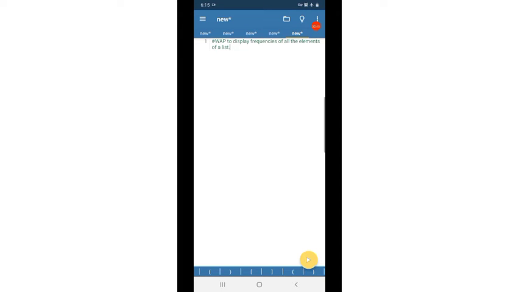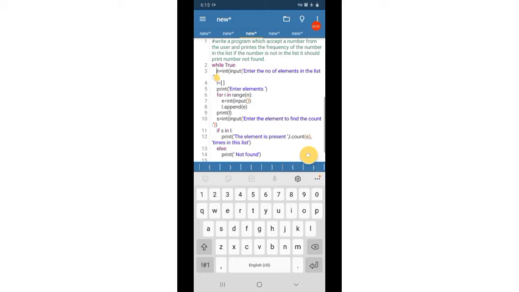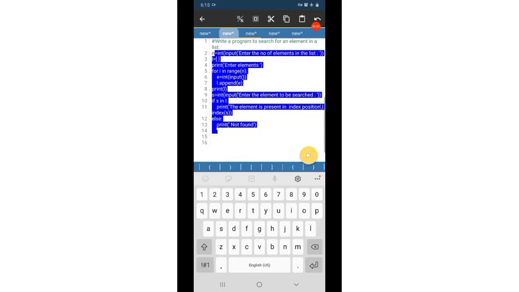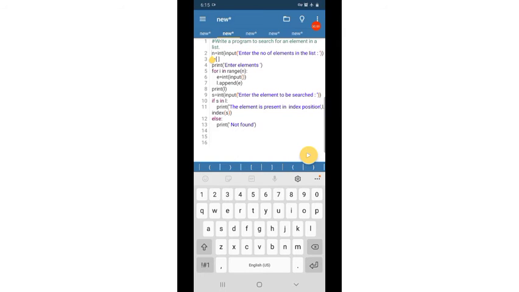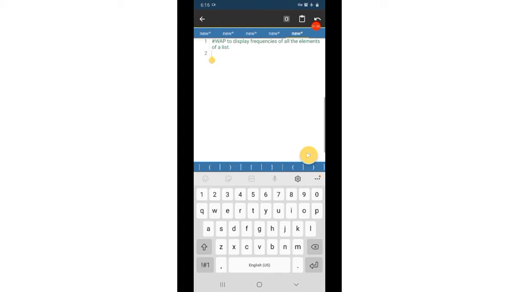So for that, same program, same thing like this. Not this. While true I am not using. That can be used in menu driven programs.